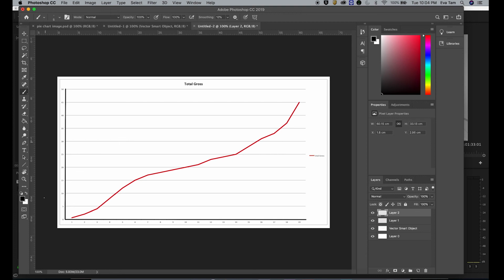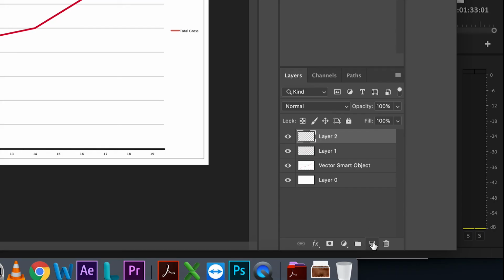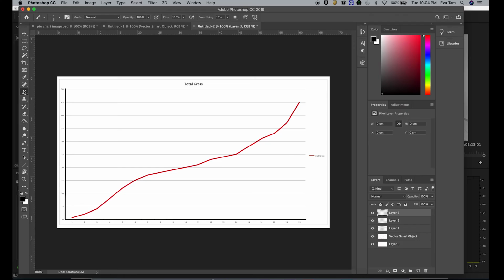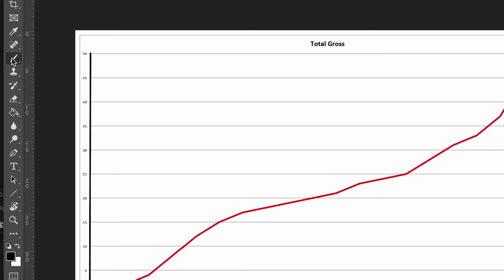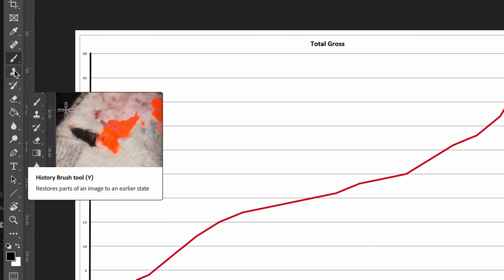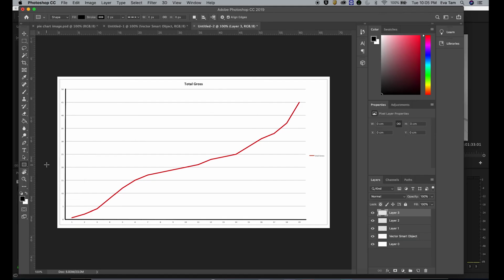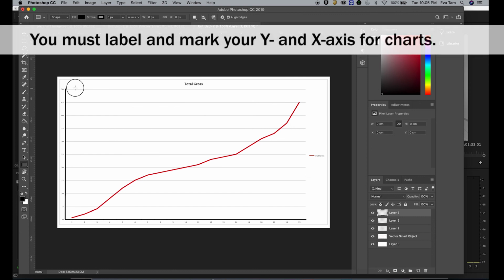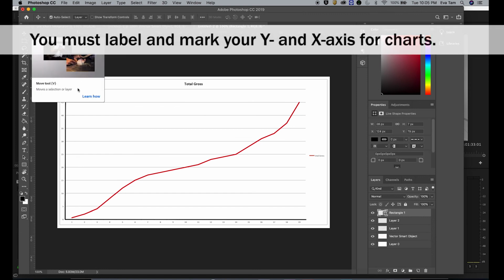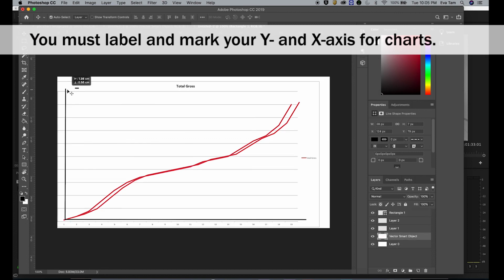So this is millions. I'm going to make a new layer, and then instead of using this specific line, I am going to find a square. Oh, right here. So my rectangle tool, and then I'm going to do this. So this is my bar now. It's very tiny.